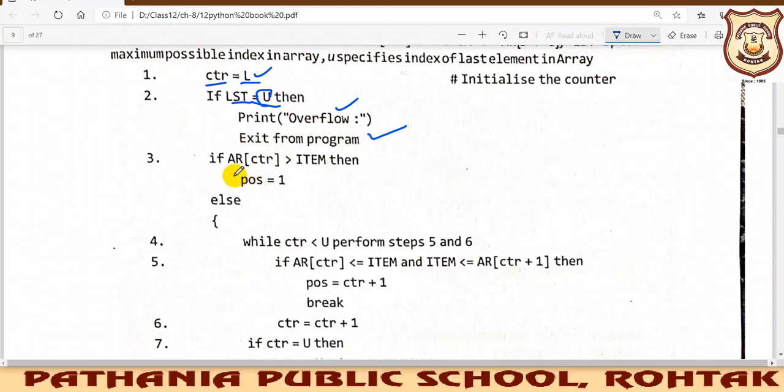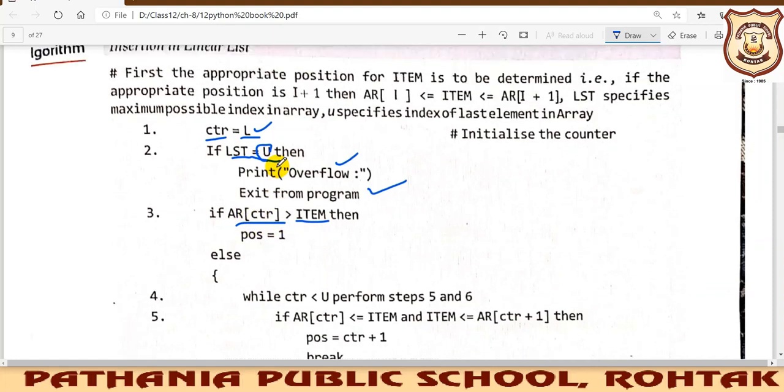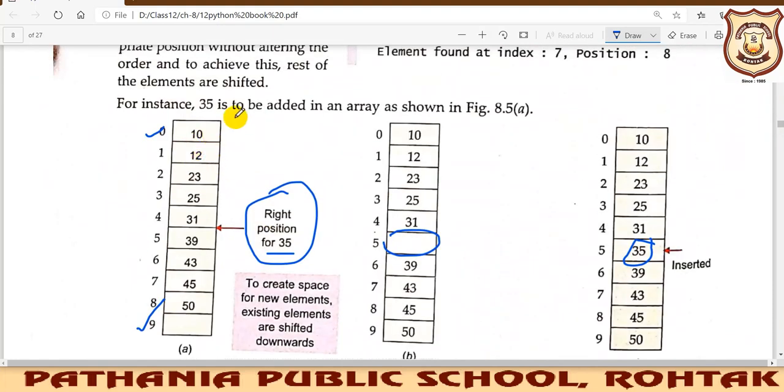Then if the element that you are trying to insert is less than the element at the first position, like if I am trying to insert 9, it could be inserted at the very first position. So we are comparing this element with the item. This is my item that I want to insert.